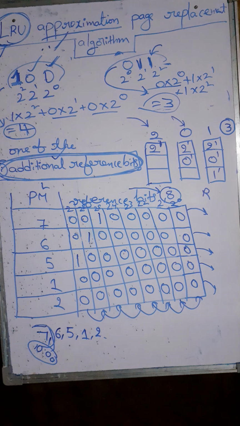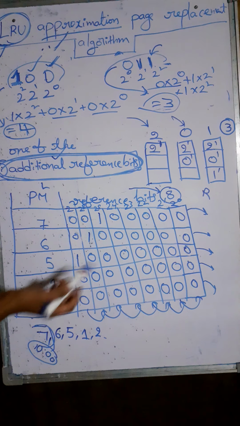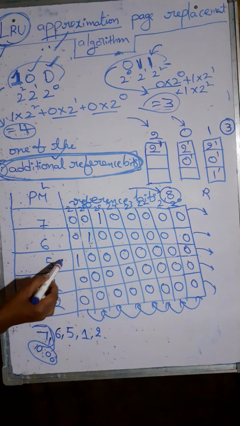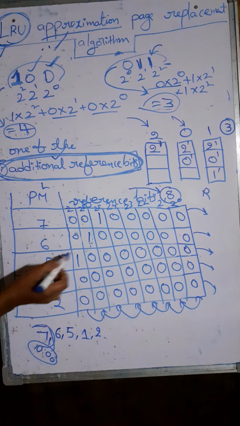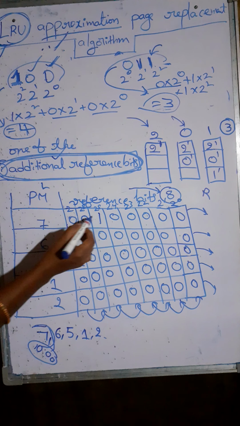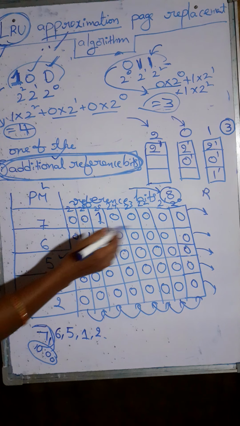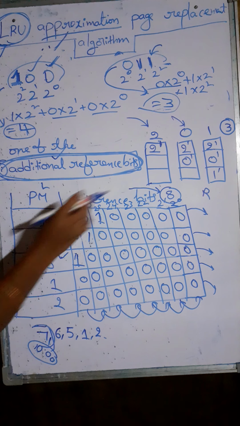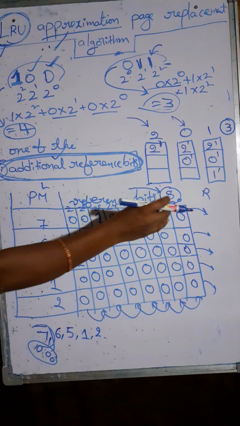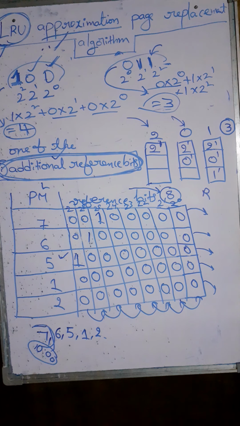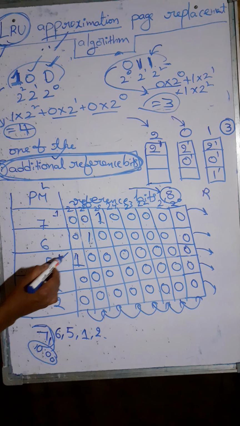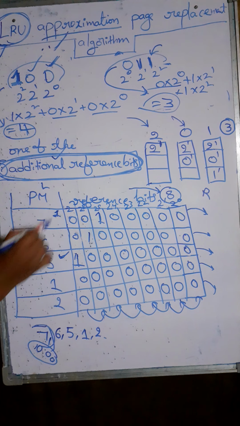In a similar way, here also I am not calculating the value, but if you observe, among these 8 bits, which one is the largest value? This 5 will give the largest value because here the higher order bit is set to 1. Among these 3, here I have 1, right? These bits are called lower order bits and these bits are called higher order bits. So here I have one lower order bit. Okay, so this value will be the maximum value and this value will be the minimum value.